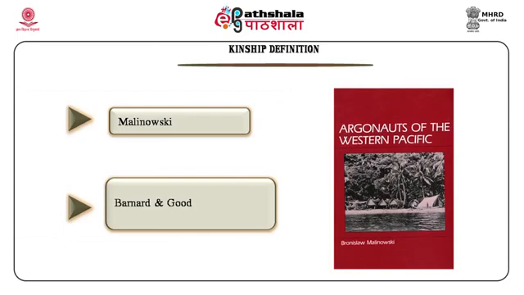Barnard and Good, while defining kinship term relationship, argue that the attributes are not fixed and the definition can include many more characteristics. It is like an open-ended checklist and further items could be added as required. Ascribed by birth and persist throughout life, initiated by marriage, explained or justified in terms of biological idiom, create expectations regarding conduct, constitute an in-group or a category in opposition to those not so assigned, involve use of relationship terms